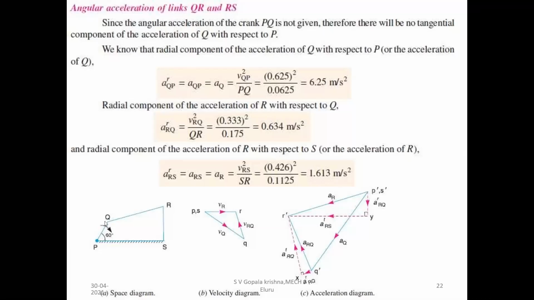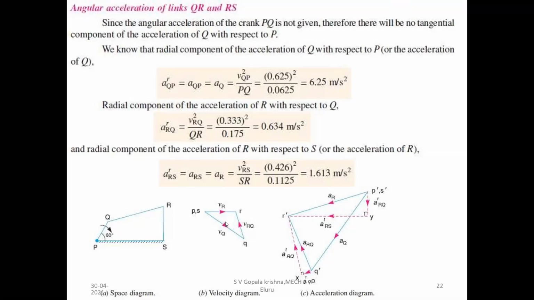The velocity of PQ is going downside. Why? Because this is rotating in the clockwise direction, which means this link is dragged towards the bottom. So that's why this direction is going to the bottom side. And later, what happens to QR? When it goes to the bottom side, QR goes upward. If you observe, Q is pressing down and R is going up. So QR is also going up. And RS is relatively moving with the help of RS, in this direction.